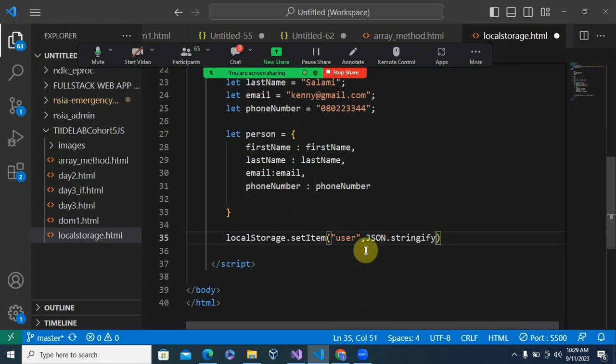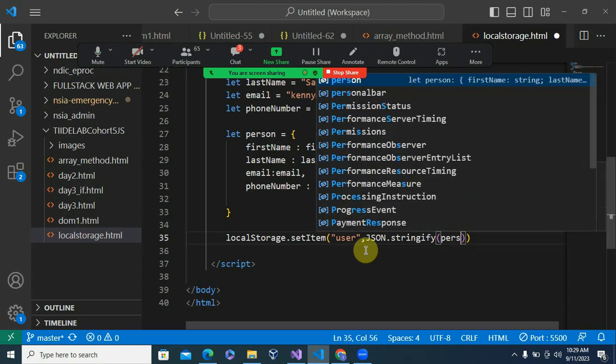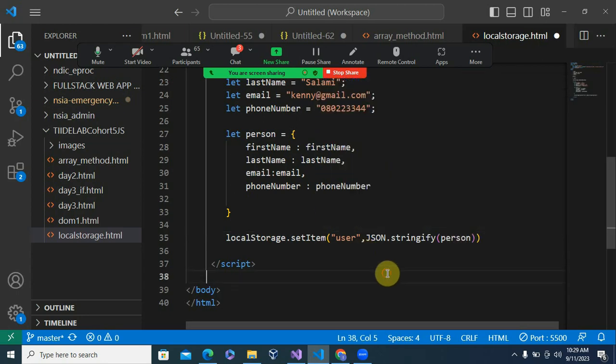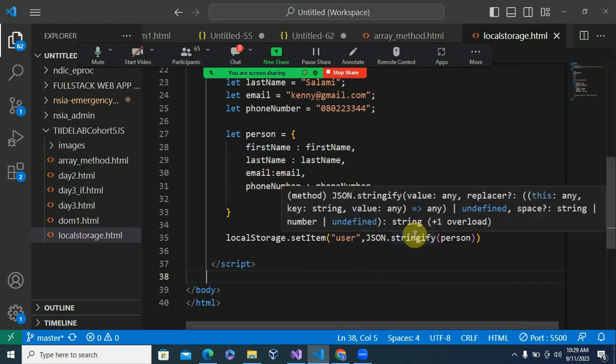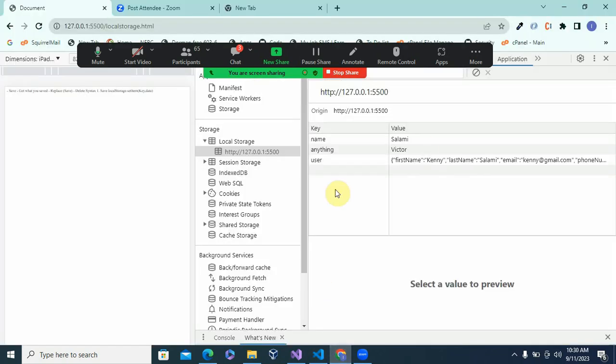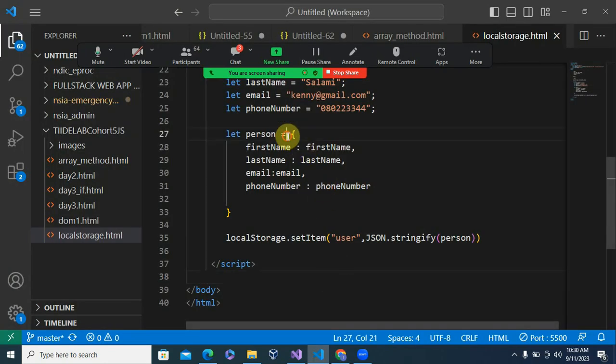So JSON.stringify a person. If you stringify a person, then you have the value converted to string, and then we should see what is saved in there. So we can see first name, last name, salami, you see things like this. So this is how we would save an object, and this is the same thing if you were saving it. If these objects are, for instance, array,